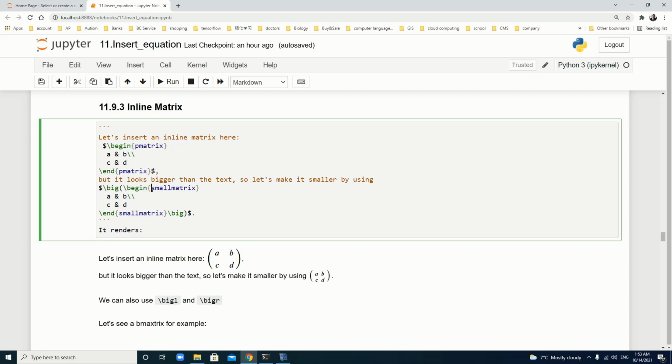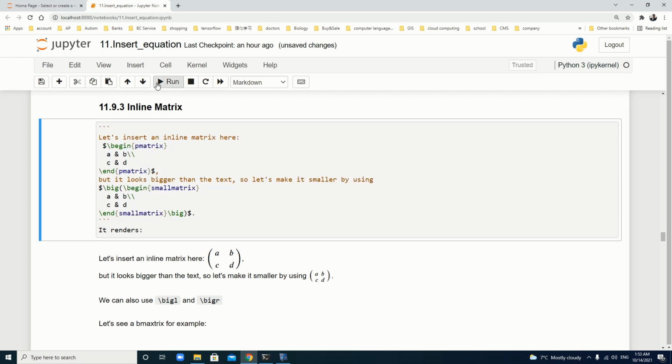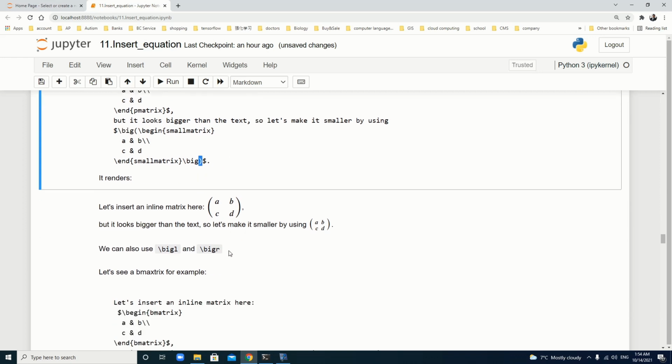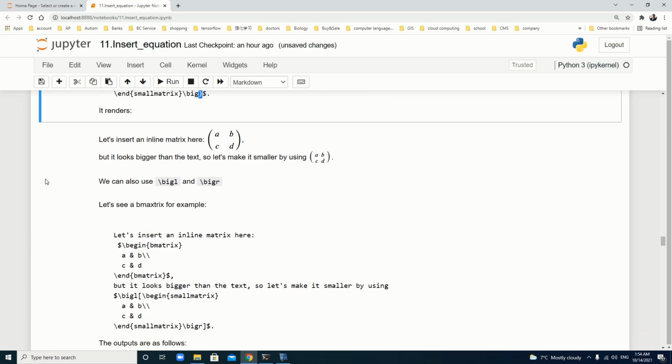The begin here, we write smaller matrix. We write smaller instead of P matrix. But here we use big. Then here we write small matrix. Then end also small matrix, slash big. Then the other round bracket. So it looks like this. Yeah, it's smaller. But we can also use